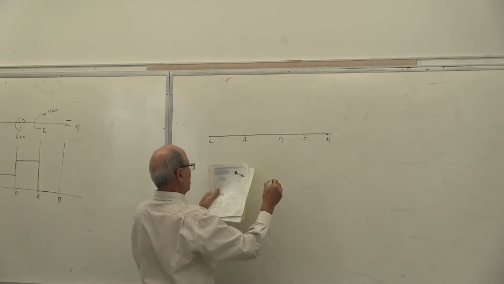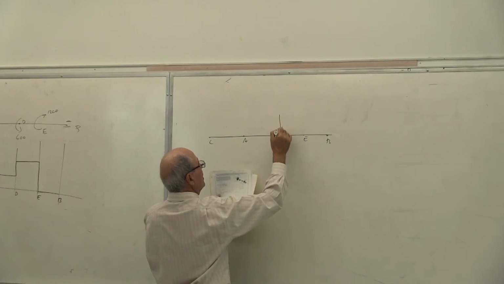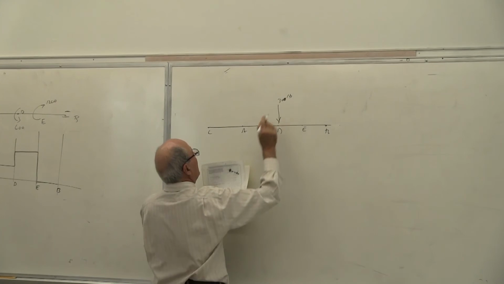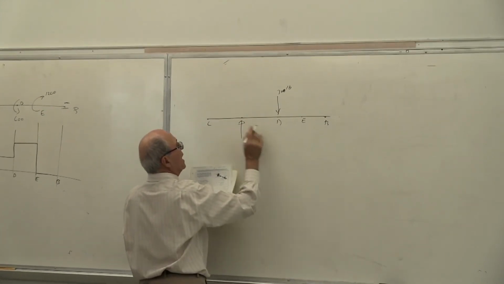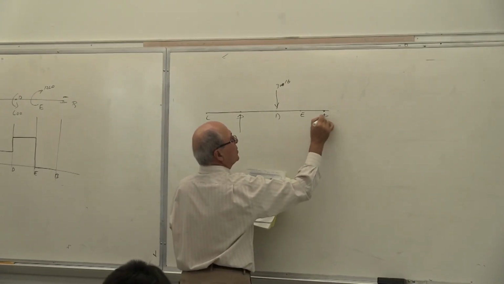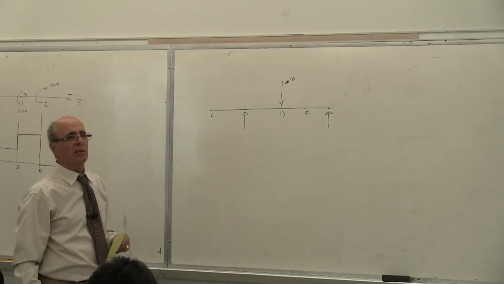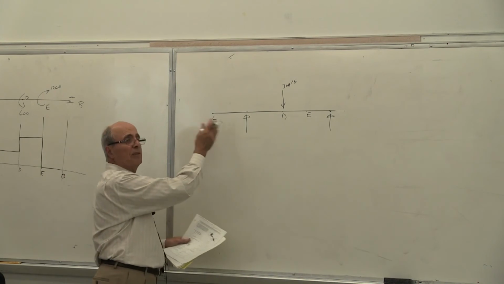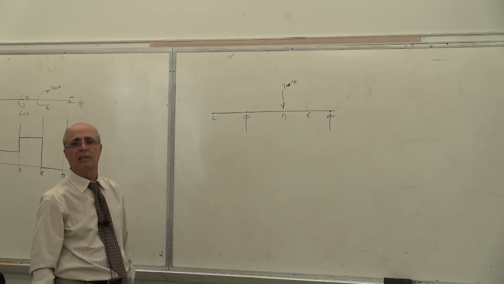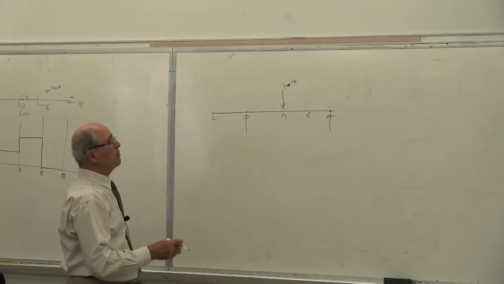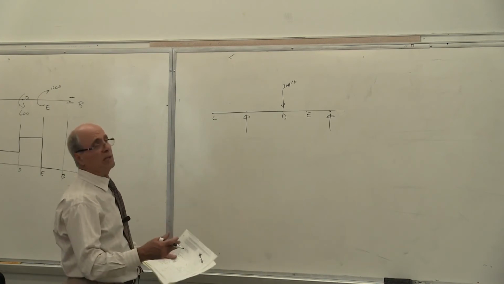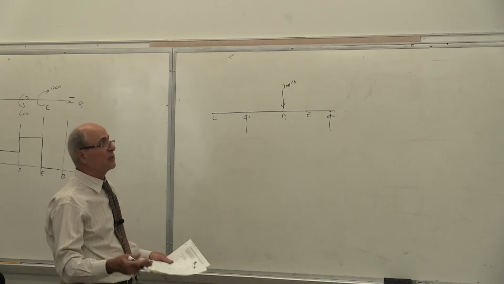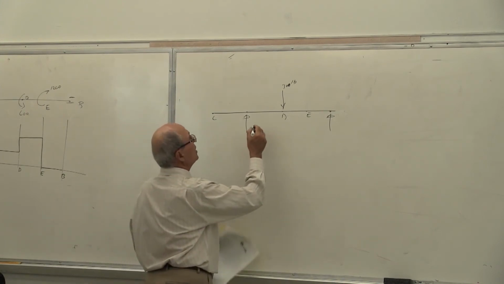Now, where is the load? The load is at D, yes or no? The load is at D, which is 300 pounds. And the reaction is at A and at B. Those are the reaction. Correct or not? Don't make a mistake, because it depends where the load is, because this one is hanging free here, as if it doesn't exist. Is that correct or not? Now, many people spend lots of time solving this problem. This is very short, because these are all single load. It's very simple. You should not spend too much time on this one.